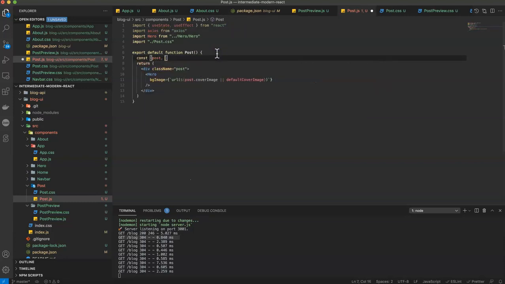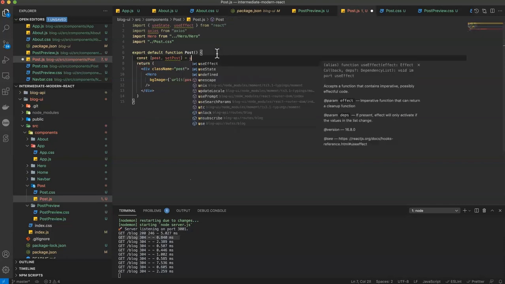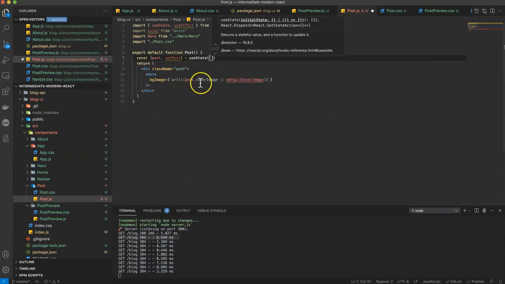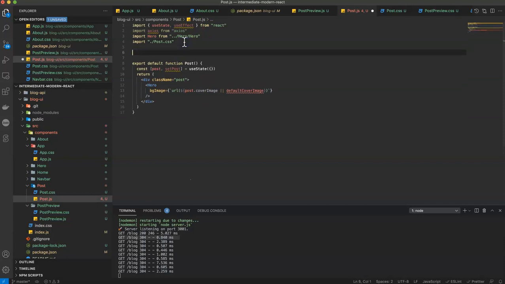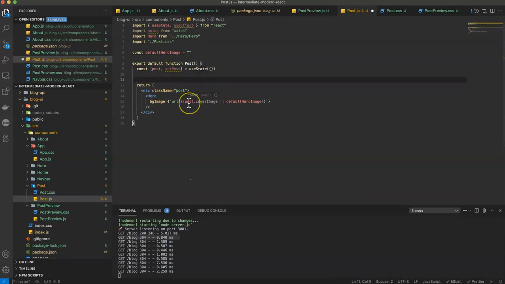Now we're going to say the post, set post, is equal to useState, and we're going to use a default object here, and then we're also going to have a default cover image as we have before. We should probably call it default hero image because that's technically what it is, and use that here. Now we'll be grabbing that post in a second, but let's just go ahead and fill out the rest of